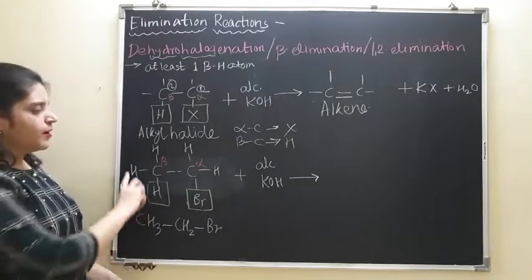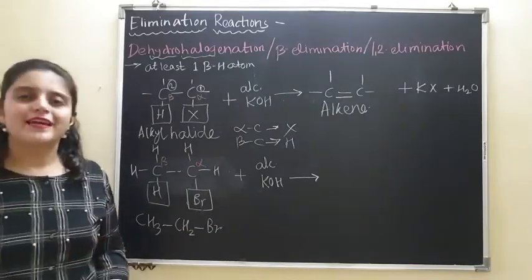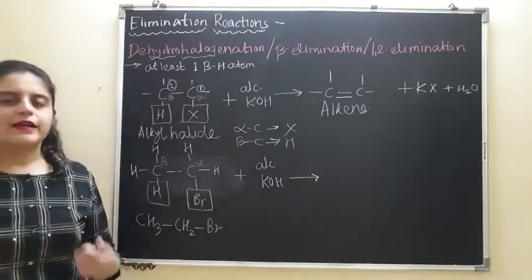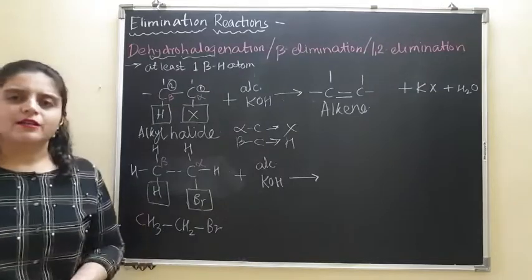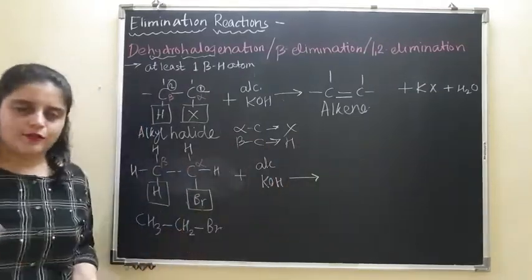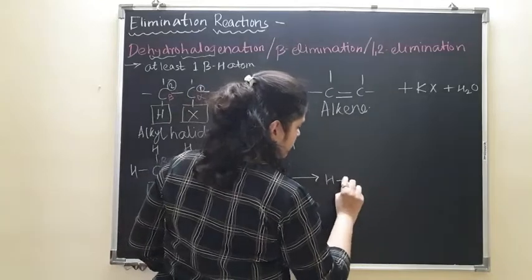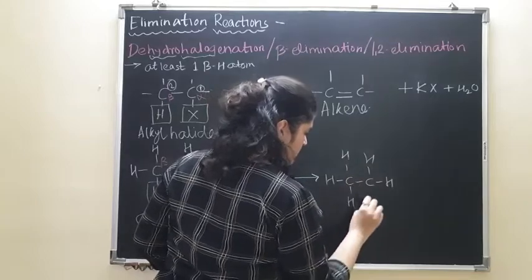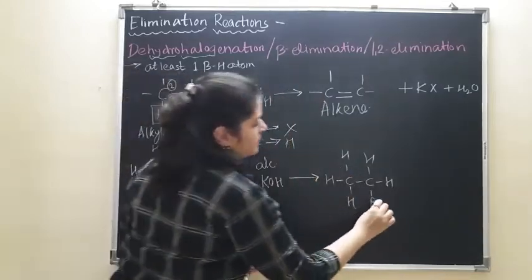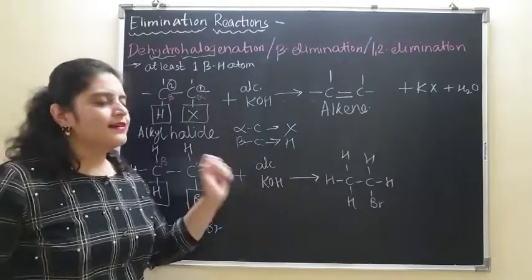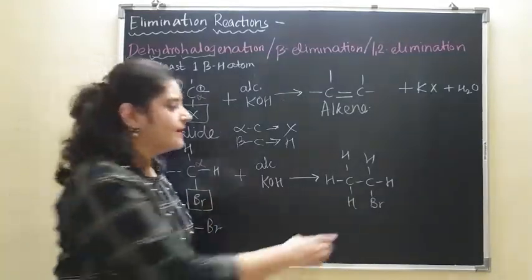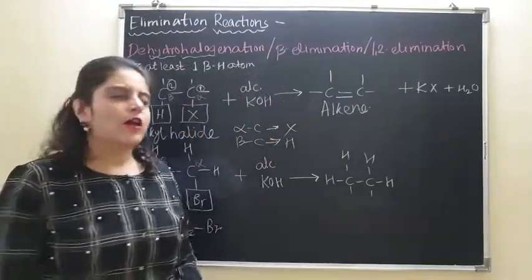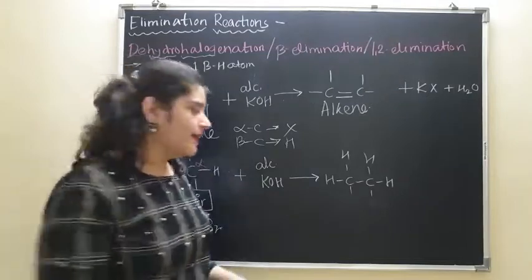To write down the main product, we will copy the entire structure, but we will not draw H and Br because H and Br are already gone. Now, if you are unable to write down the product, what you can do is copy this as it is over here. We have copied the reactant as it is, but we know that from the reactant, the bromine is gone and the hydrogen is also gone. So this is how you erase Br and H.